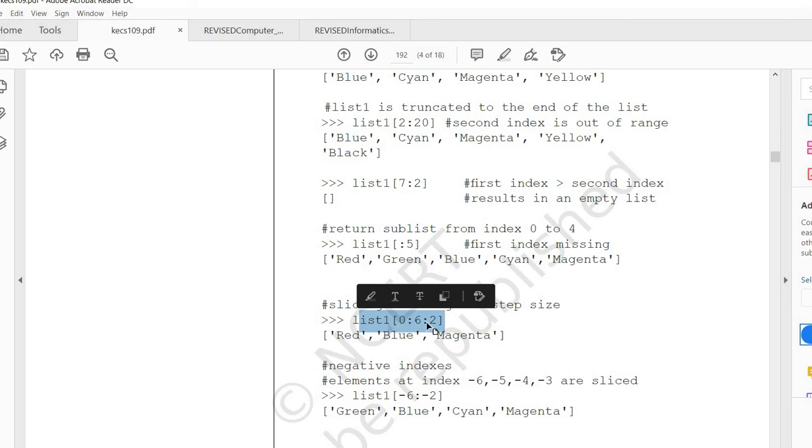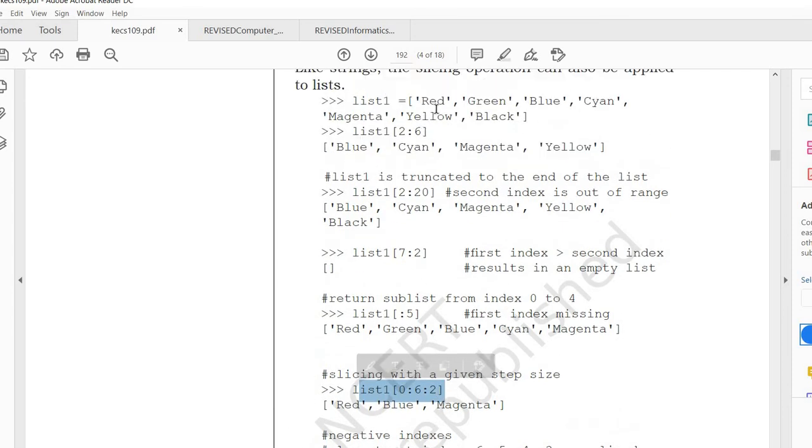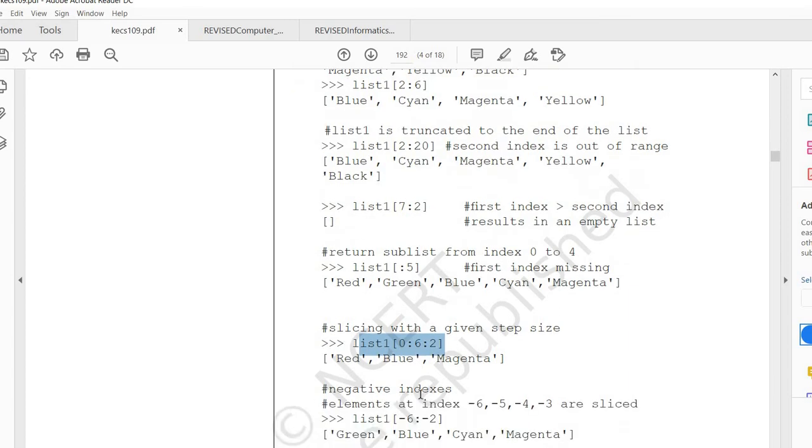So here we have start, stop and step size. A step size of 2 means we are skipping 1 in between the values. So we are starting from red, 0 is red. Green is skipped. Blue, we got blue. Skipping cyan. Then magenta. We stop at 5 because 6 is my stop index.